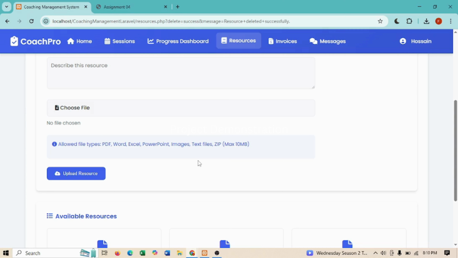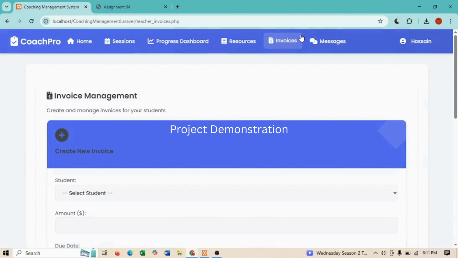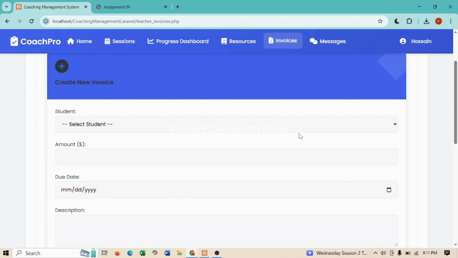Now let's go to the invoice and billing system. Managing payment is often challenging for educational professionals. Our system is streamlining this with integrated billing. Teachers can generate professional invoices, automatically track the payment for all the students, and send payment reminders. So